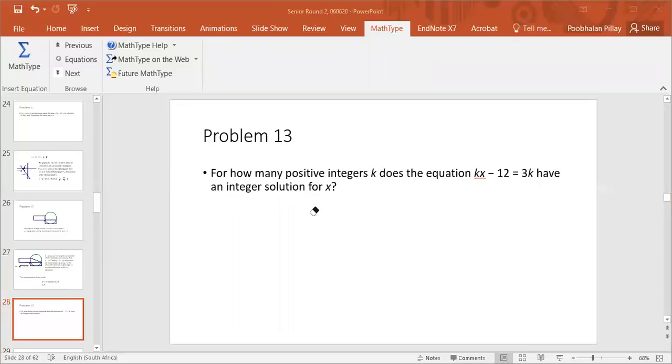Problem 13. For how many positive integers k does the equation kx minus 12 equals 3k have an integer solution for x? Now that's quite a mouthful. You have to try to understand what they are talking about here. So they want to know for how many positive integers k this equation has an integer solution for x. Now what I'm going to do is put some values for k and then solve. If I put a value for k, I can solve for x. So I'm going to do that and then see